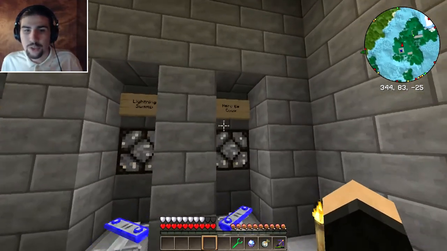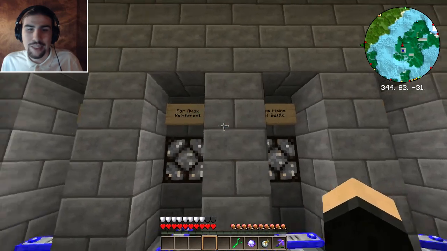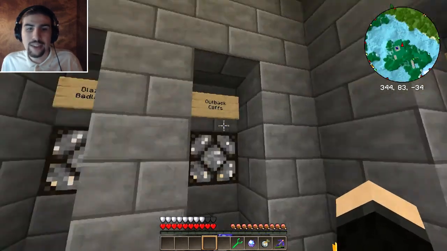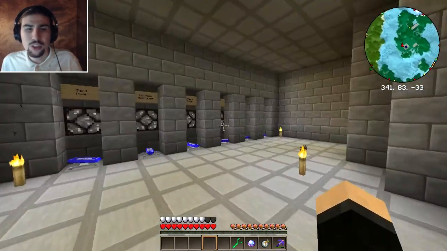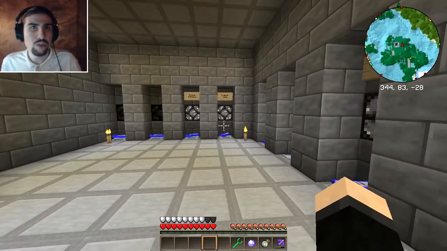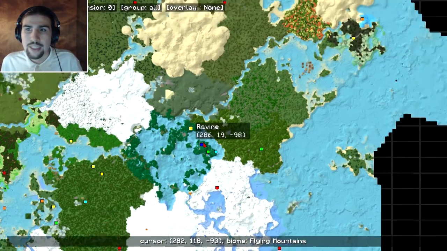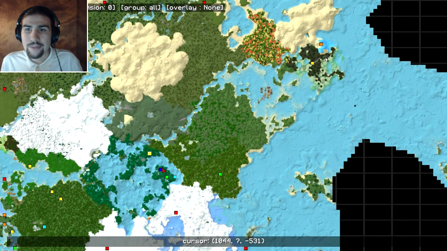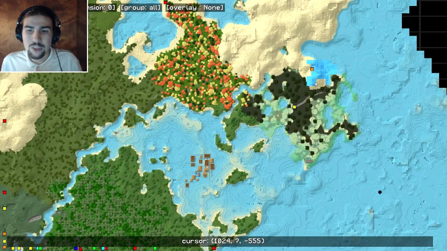So yeah, let's just review. We have Here Be House, Lightning Swamp, the Deserted Village, Ice Plains, Faraway Rainforest, Sand Tower, Outback Cliffs, and the Blazing Badlands with 2 more spare. Pretty much this room is just teleporters around the world, so if I need to say, like, let me get an example real quick. Okay, so there's the spider spawner up here. So if I want to go back to the spider spawner, I would take the lightning swamp teleporter and run